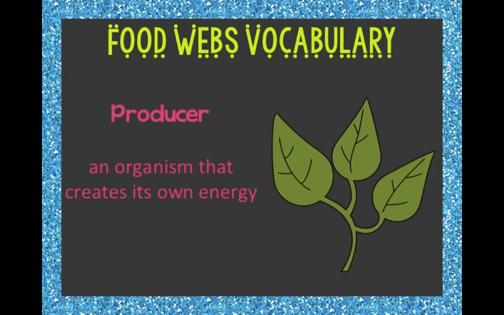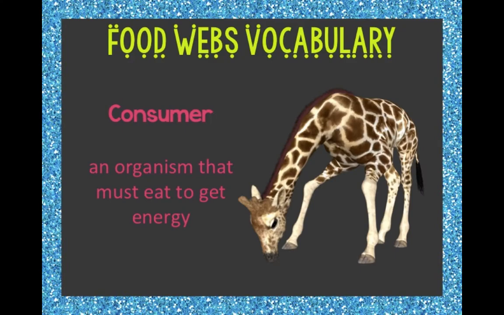Just to review some vocabulary, a producer is an organism that creates its own energy. Most of the time when you think of producers, you think of plants. Consumers are organisms that must eat to get energy. You or I are consumers. Dogs, giraffes, monkeys, there are millions of types of animals, but if something has to eat in order to get energy,